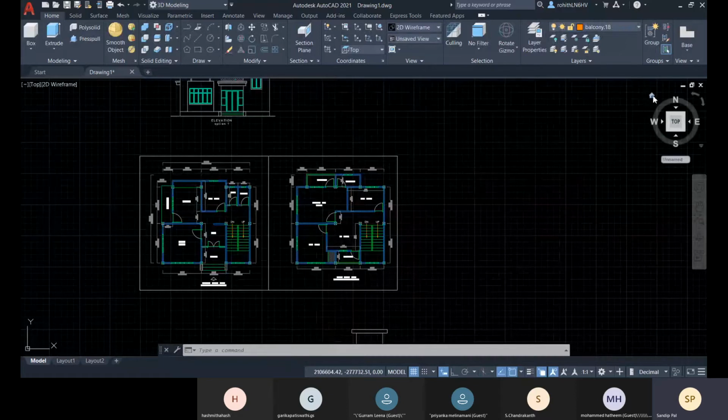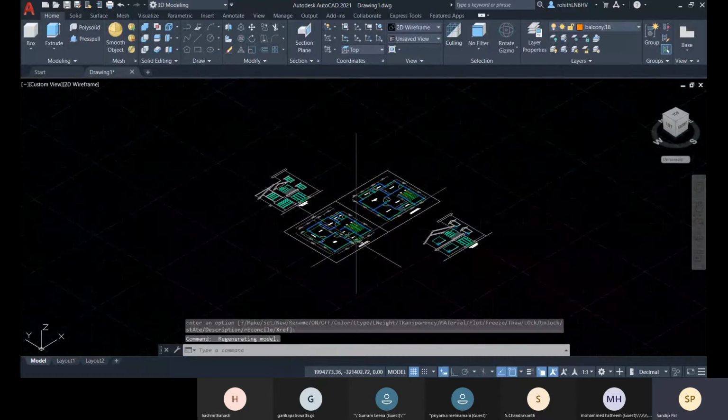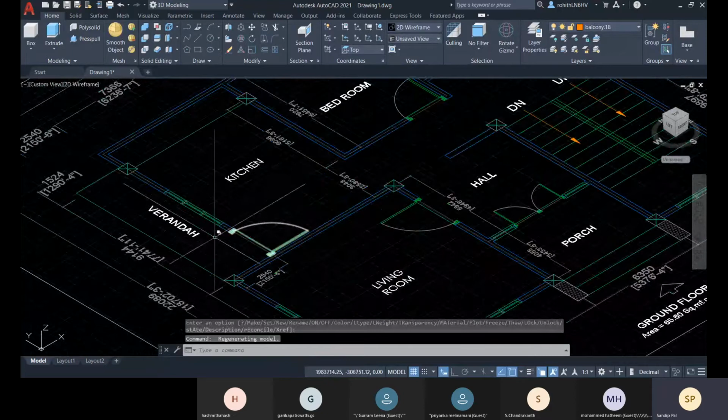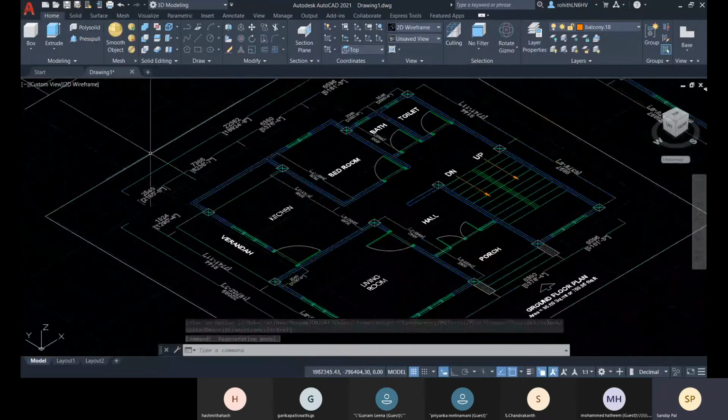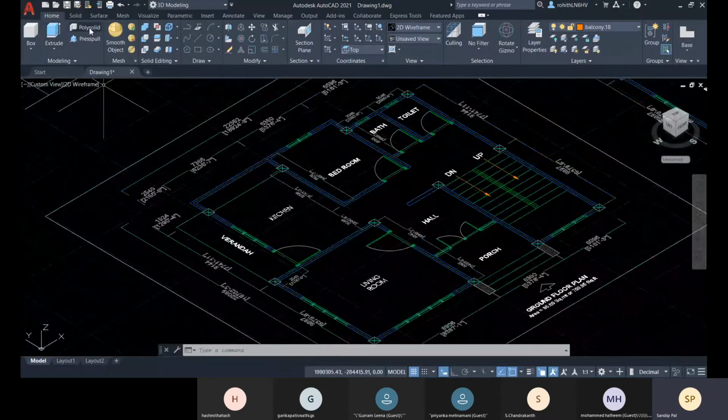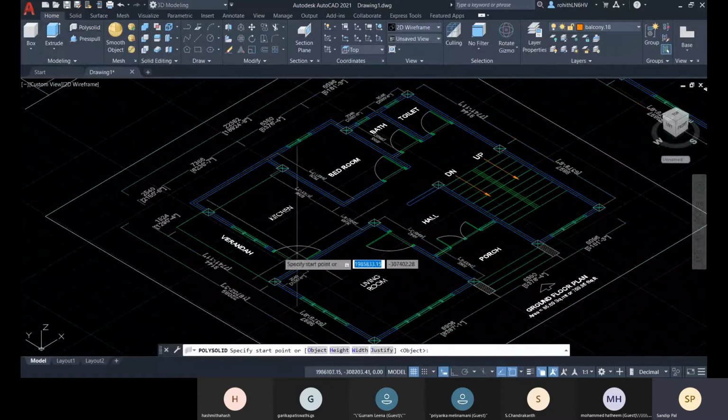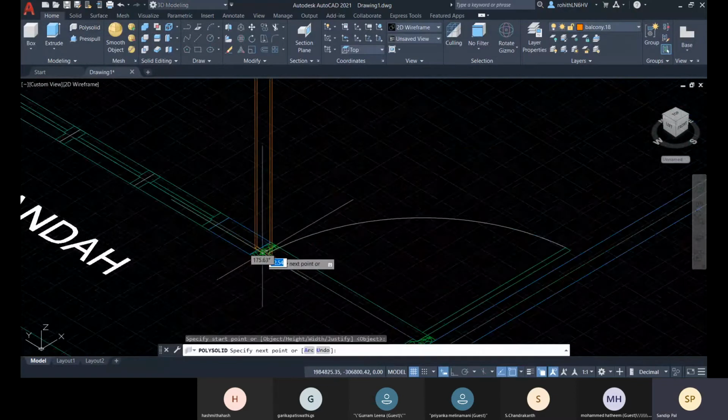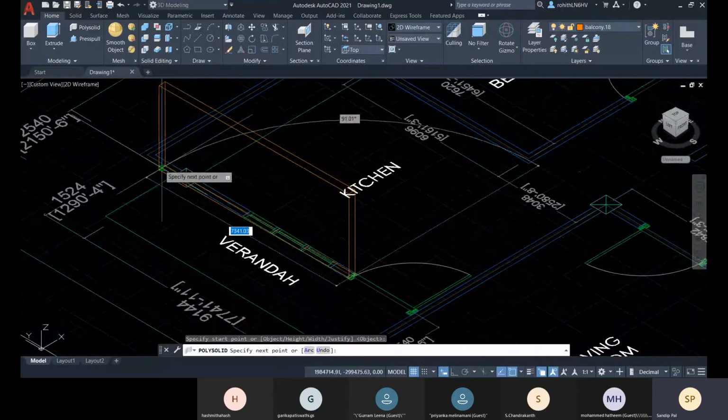Okay, now let me switch into 3D, and here you can go for all the walls. So we have this polysolid option. You can choose this center.